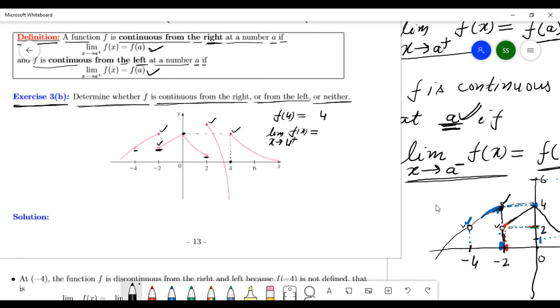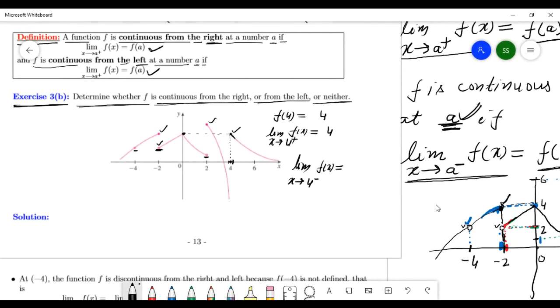We are coming close to this same point, so this is equal to 4. And the left limit, as x goes to 4 minus of f of x, is equal to